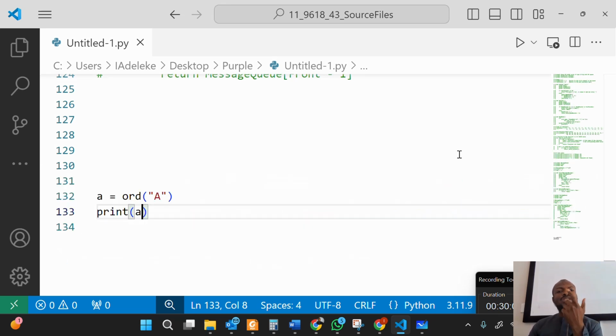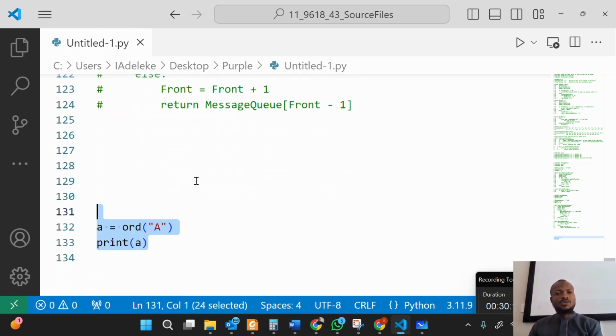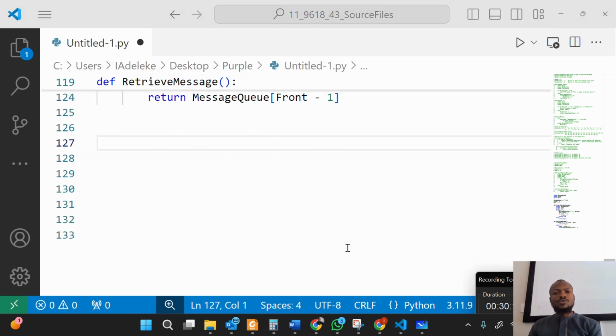So, can you see it's just straightforward? But what if you don't know the function? What are you supposed to do? Okay, Ctrl Z, Ctrl Z, Ctrl Z. If you go back to the question